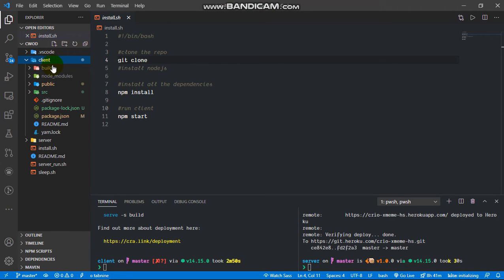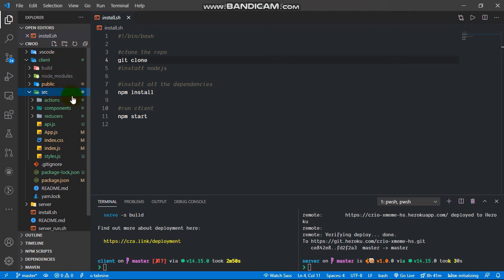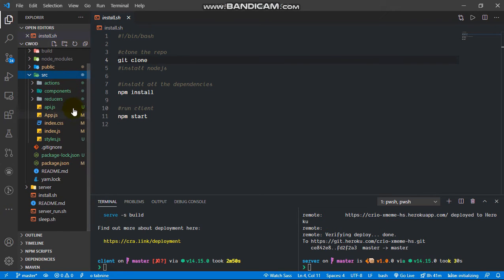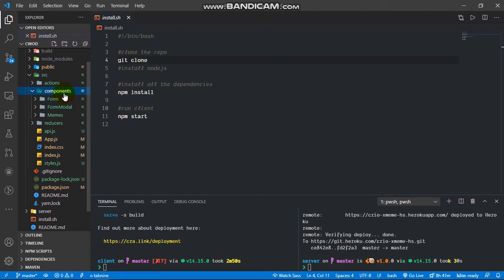In the client part, we have a build folder which has been placed into Netlify for deploying it. We have a source folder. In the source folder, we have mainly actions and reducers, which is for Redux for state management. Components has only three parts: form, modal, and memes.